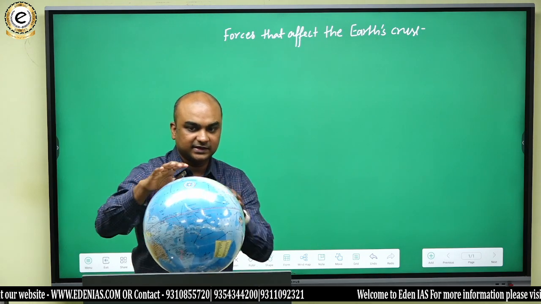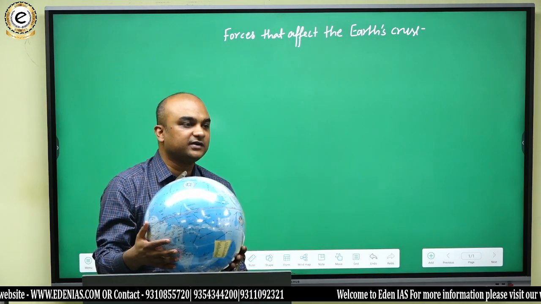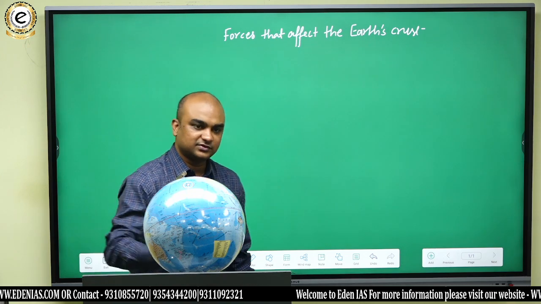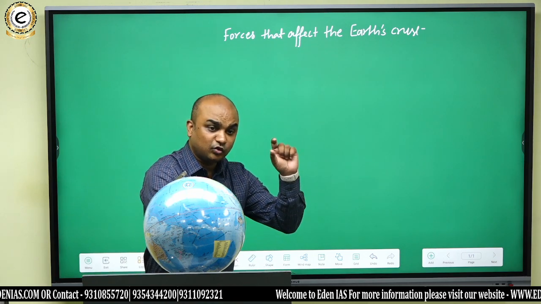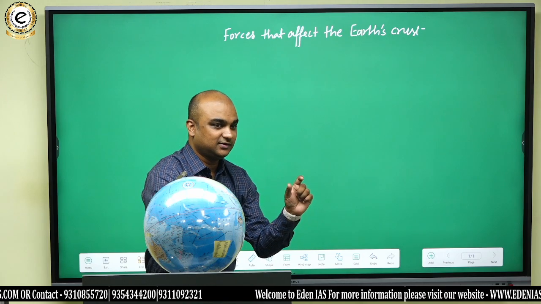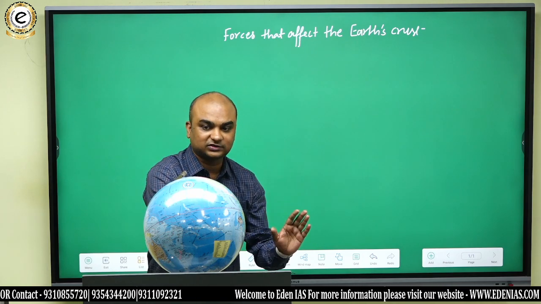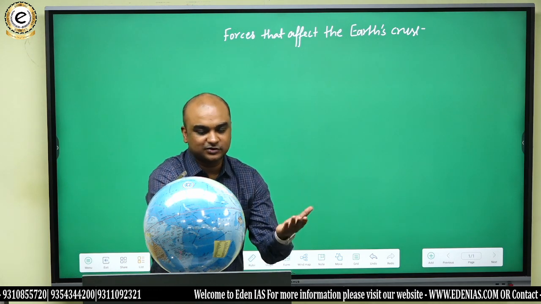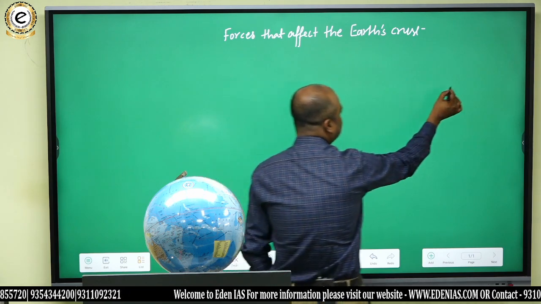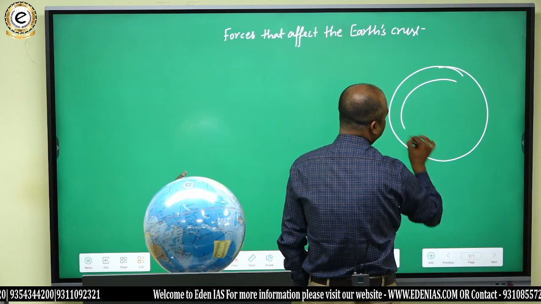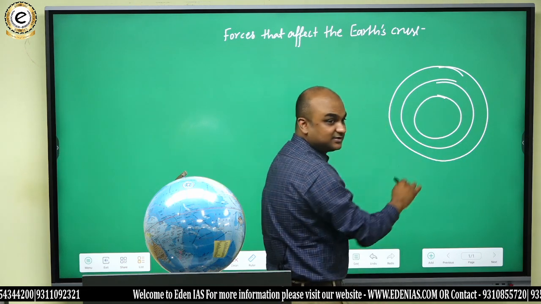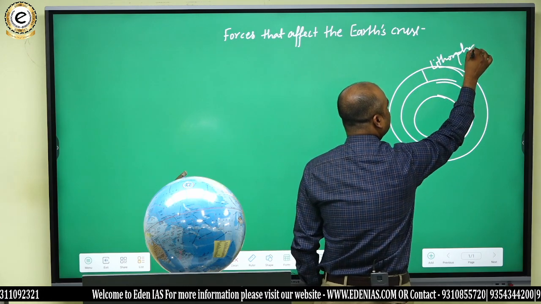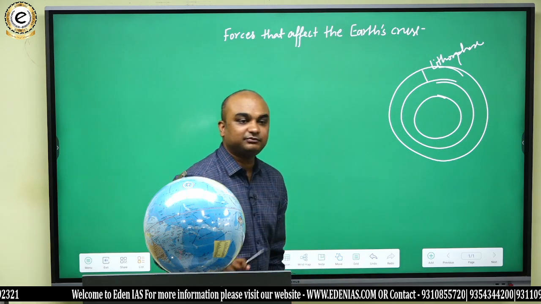Lithosphere is the outermost sphere of the earth which is made out of solid rocks. Do you get that? Or the outermost layer of the earth, which is made out of rocks, is known as lithosphere. Do you know the average depth of lithosphere? You know that the earth has several layers. Got it? So the outermost layer is what? It is lithosphere. Now what is the average depth of lithosphere?